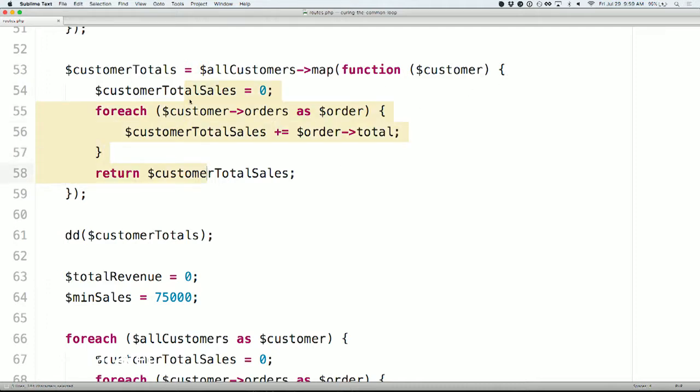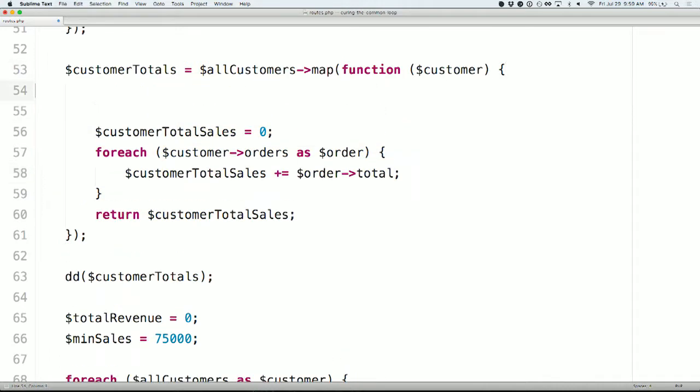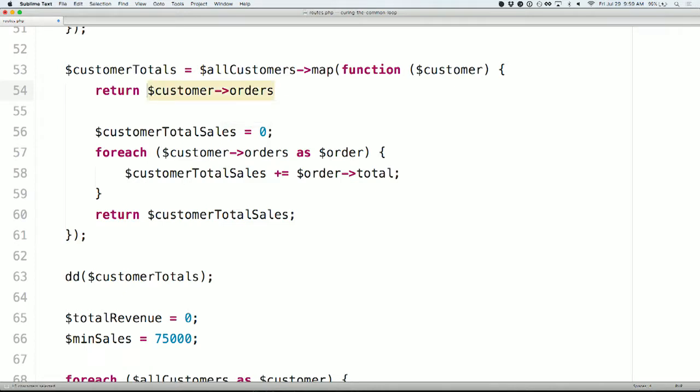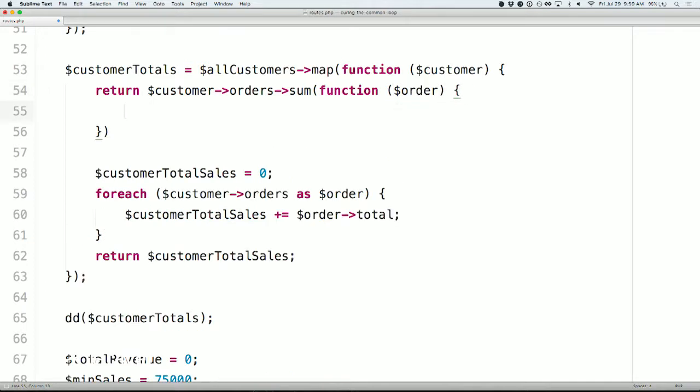So rather than use this loop with this temporary variable and stuff, we can do something like this. Return customer orders. And now this is a collection itself, and we can call the sum method. And sum takes a callback that's going to return some value for each item, and it's going to sum those all up for us. So this callback is going to take the order, and now we have to return some bit of information about the order that I can use to perform the summing. In this case, it's the total of each order that we're trying to sum, right? So if we just return order total, we can delete all this code,